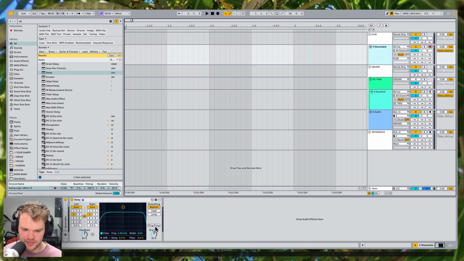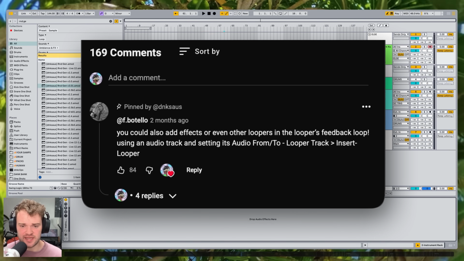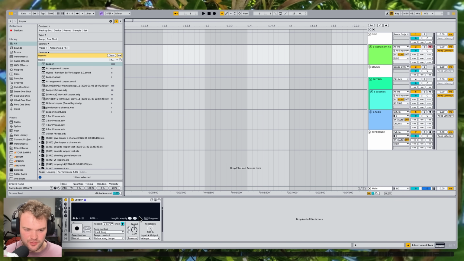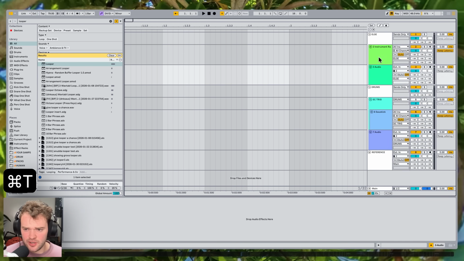Now I have one more trick I want to show with this delay glitch fade method. On my looper video, someone commented that you can actually insert effects into looper's feedback loop. So I think it'd be cool to use our glitch delay in this looper feedback loop while having it constantly shifting octaves. So in order to set this up, I'm going to make a new audio track, and then we're